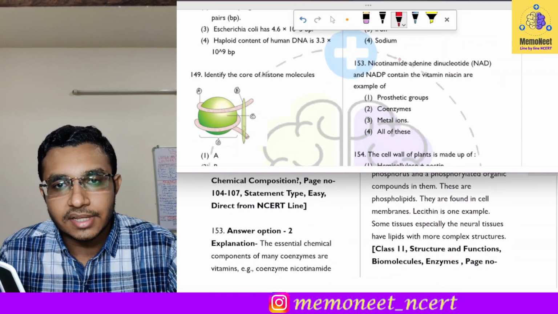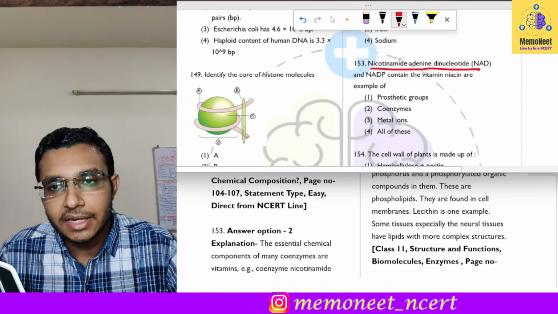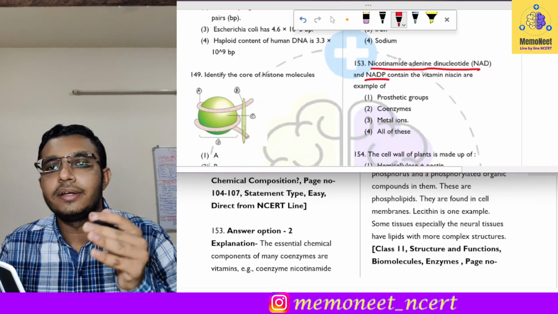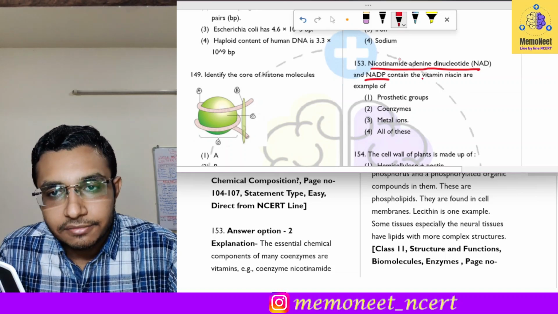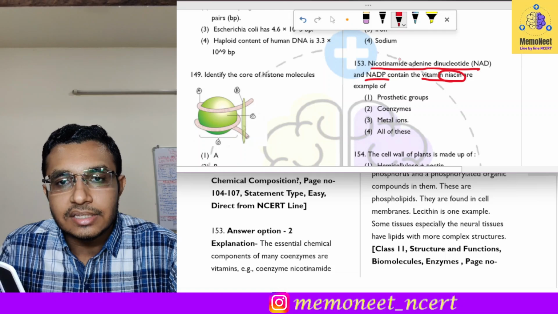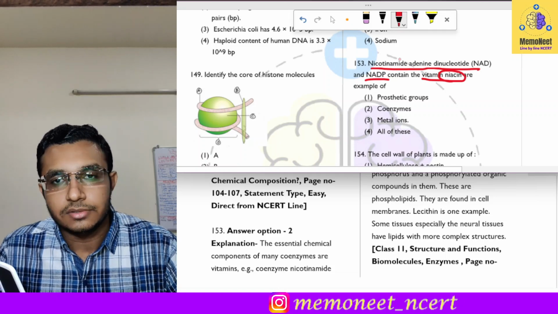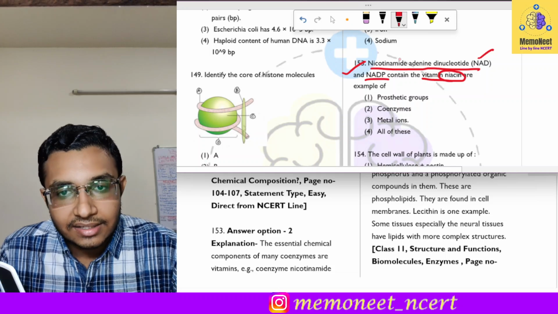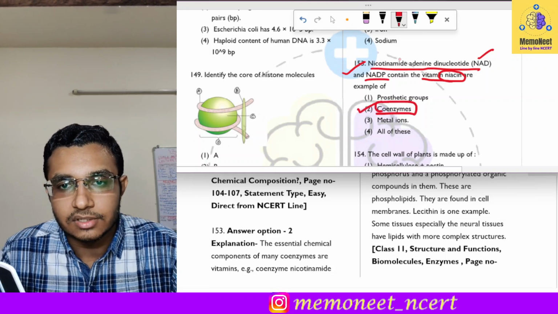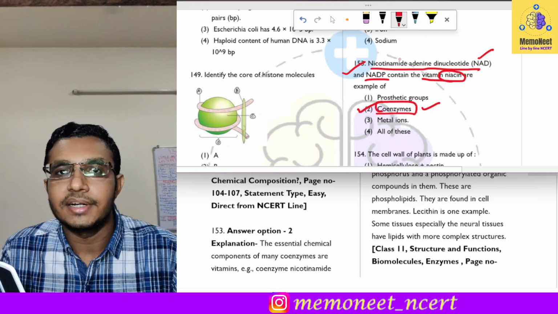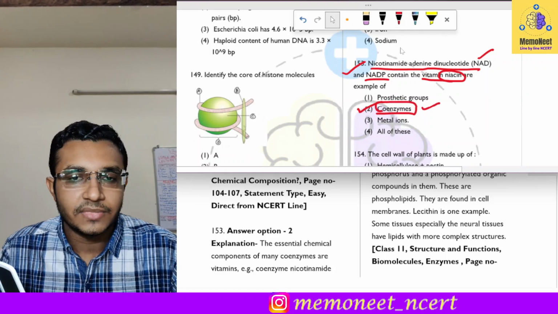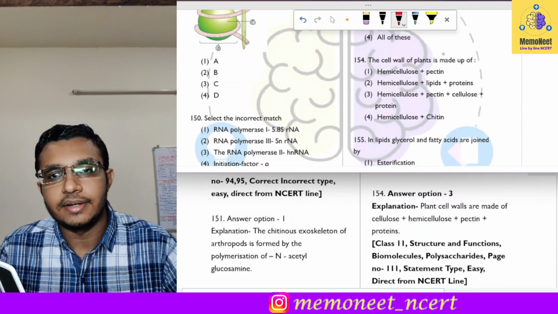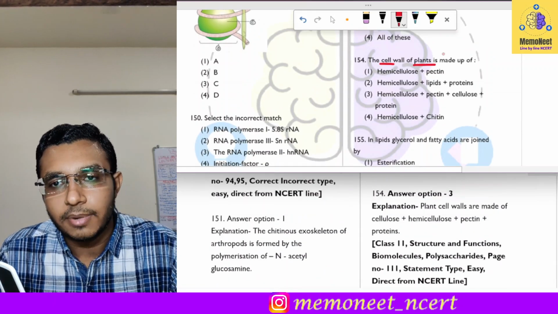It states that nicotinamide adenine dinucleotide, that is NAD, and NADP, that is nicotinamide adenine dinucleotide phosphate, contain the vitamin niacin, and these are an example of dash. So NAD and NADP, which contain niacin, are examples of coenzymes. So these are the coenzymes. The correct answer of this question is option 2. The next question is question number 154, and it states that the cell wall of plants is made up of